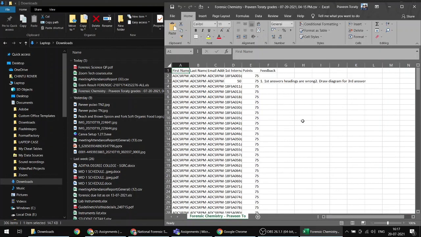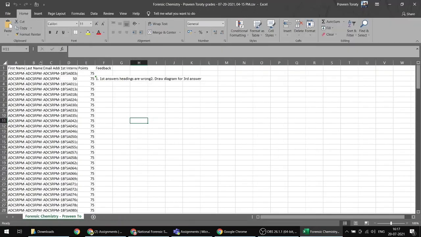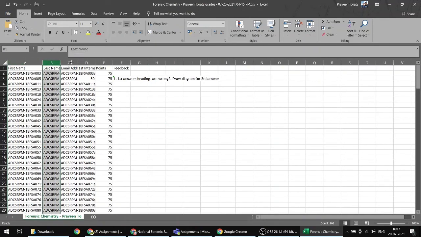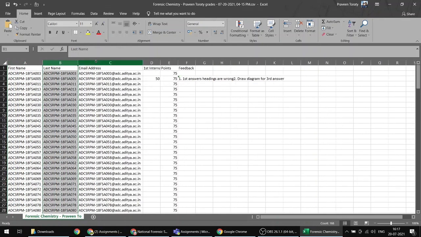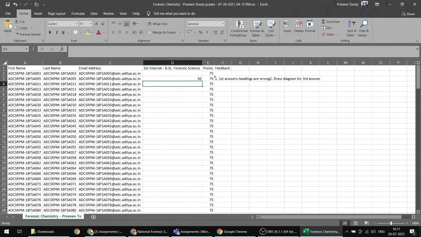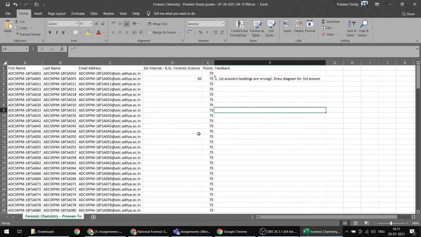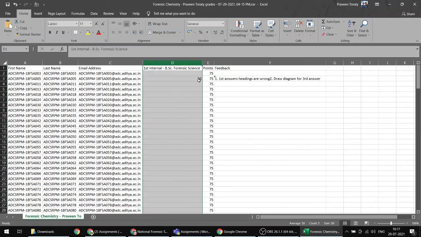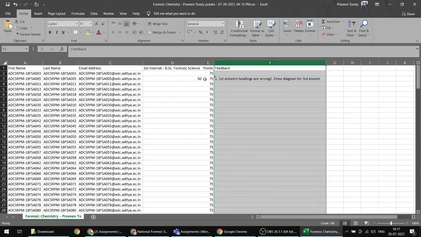So we got the Excel sheet here. First name, last name, email ID, first internal marks, total points, and feedback. You will get this Excel sheet in this way, in which the fourth column has the marks which they have scored, this is the total marks, and this is the feedback which you have given for this particular list of students.